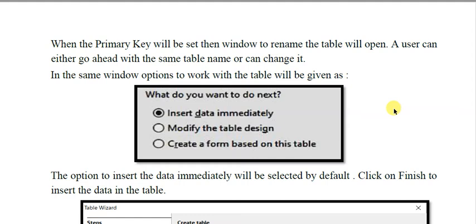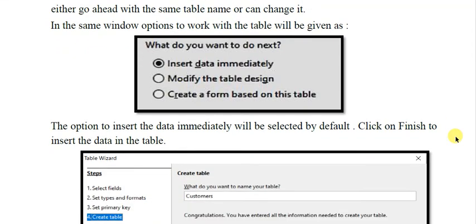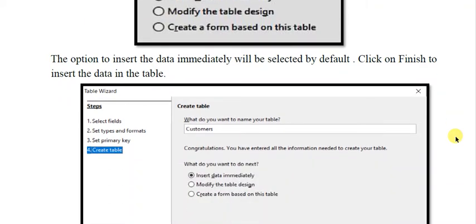This will be the third option. So these three options will be presented to you. The third option is to design the front end through which you will get the values, or you can display the values to the user. Now the option to insert the data immediately will be selected by default, and you can click on finish.